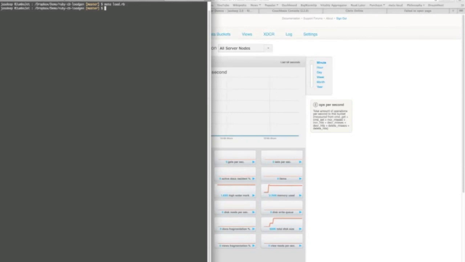I'm actually going to run this because I have 4 cores here. I'm going to run 4 because Ruby is single-threaded, and I want to generate a whole bunch of load. So I'm going to run this in 4 different terminals. And basically this load generator has